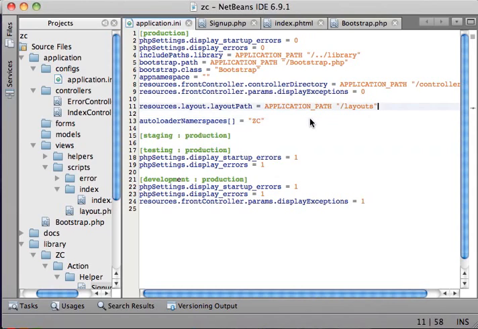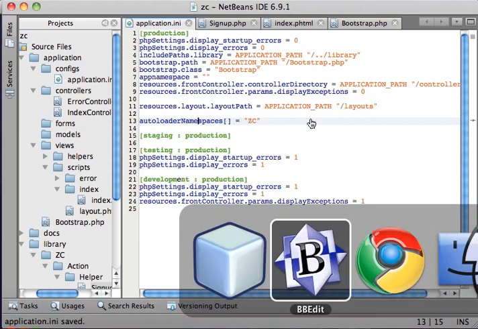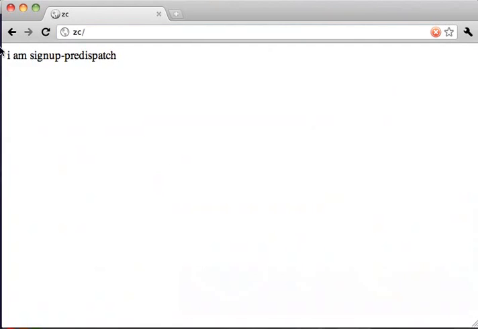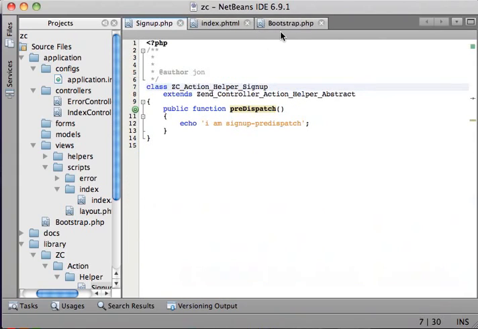Autoloader, oh, not namespaces, namespaces. I knew that looked funny. Okay. Refresh this again, and you see IAM signup pre-dispatch. So this action helper is now firing. Obviously, you wouldn't want to echo something in your pre-dispatch because that messes up your view. But you can see that this pre-dispatch method is actually getting fired, or is actually running, once we register that